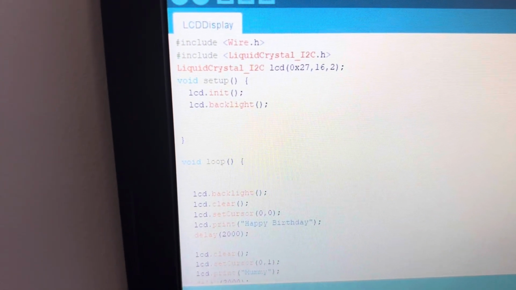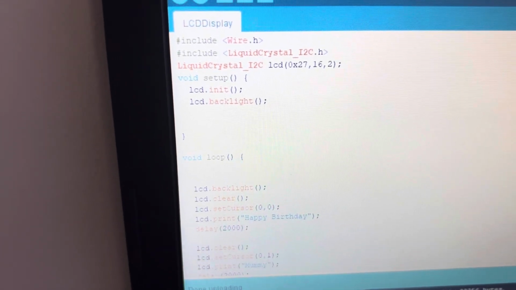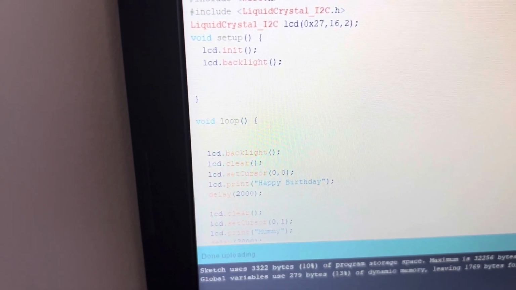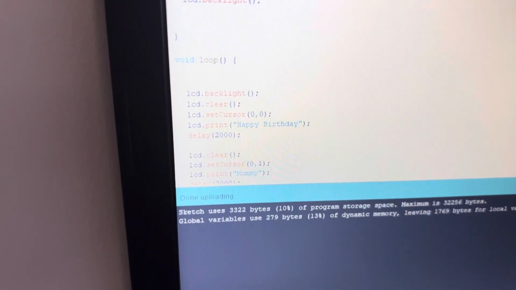In the setup, I'm initializing the LCD and the backlight for the LCD. And in the loop, the backlight is on, the screen is cleared, and on the position, so the